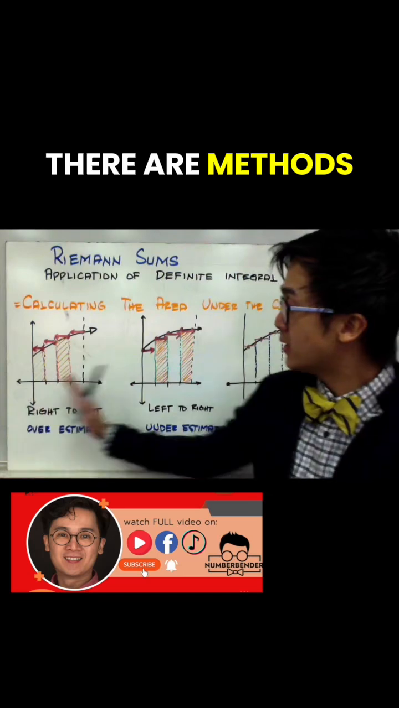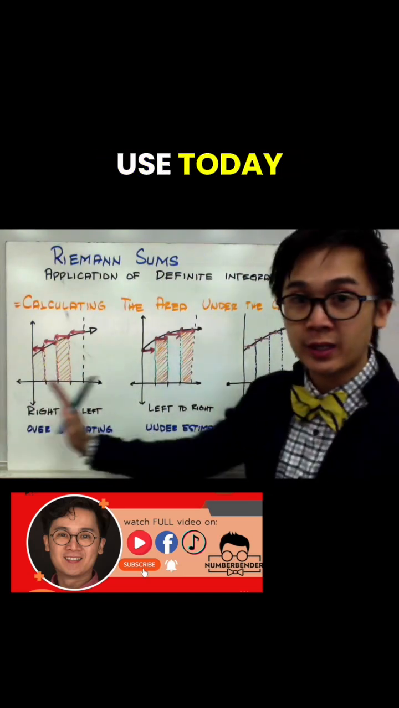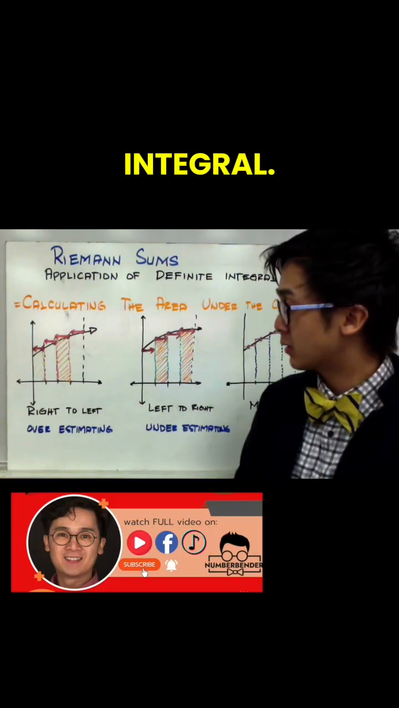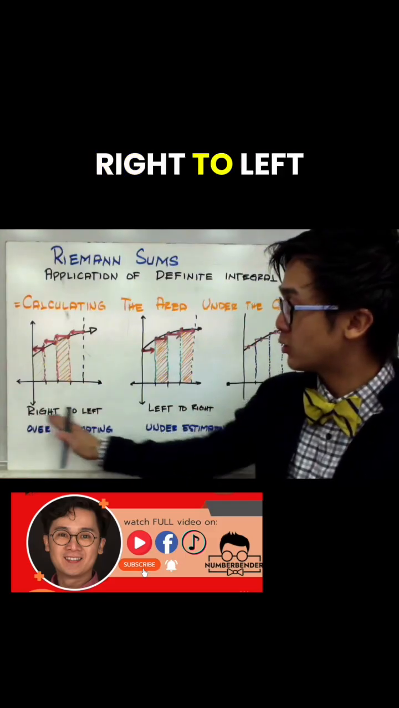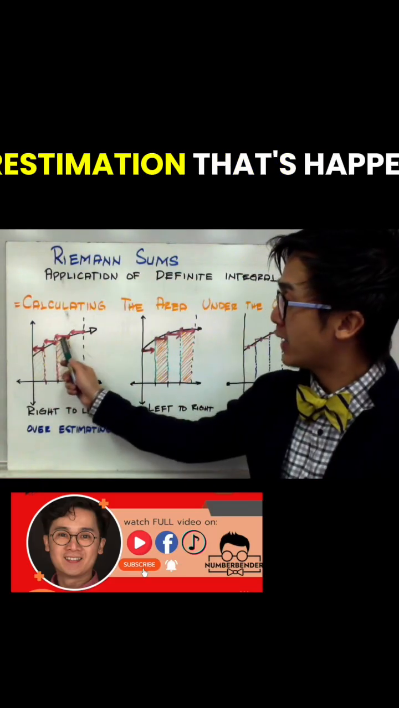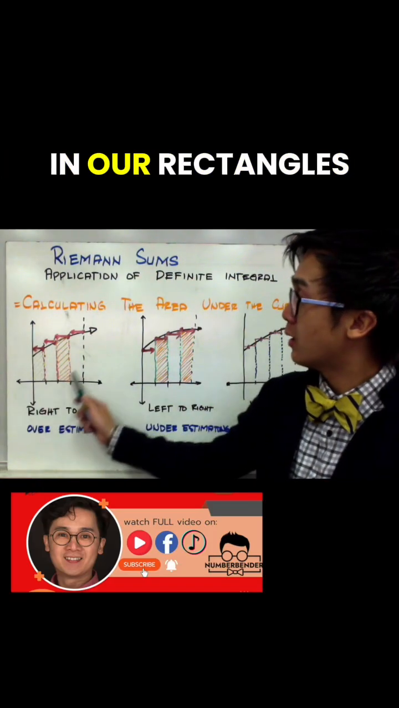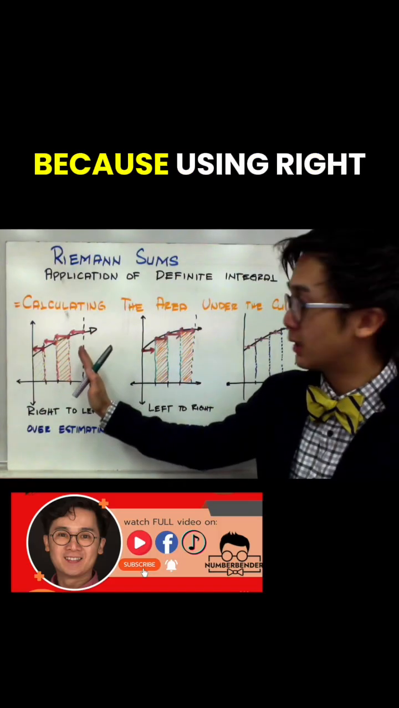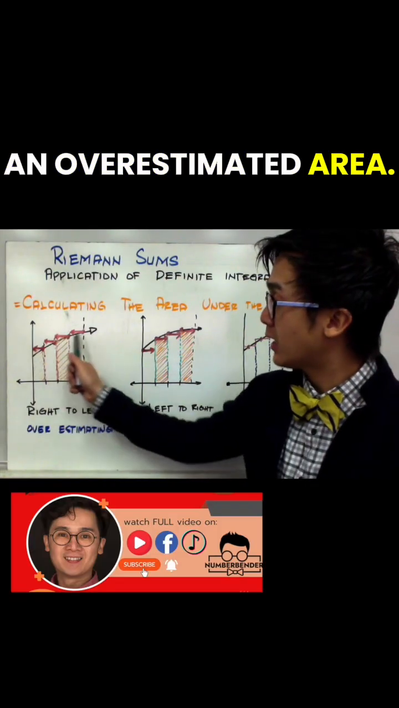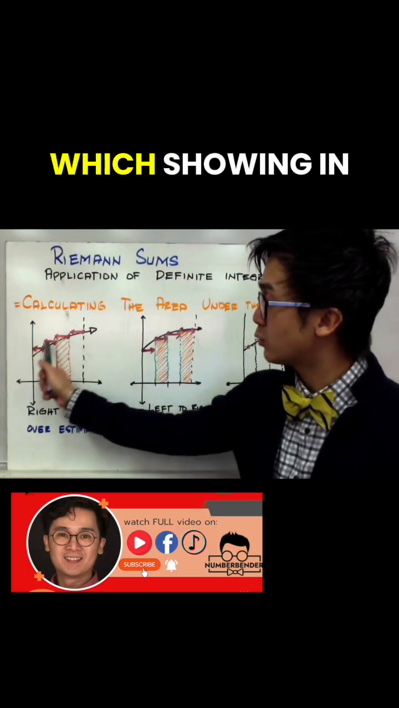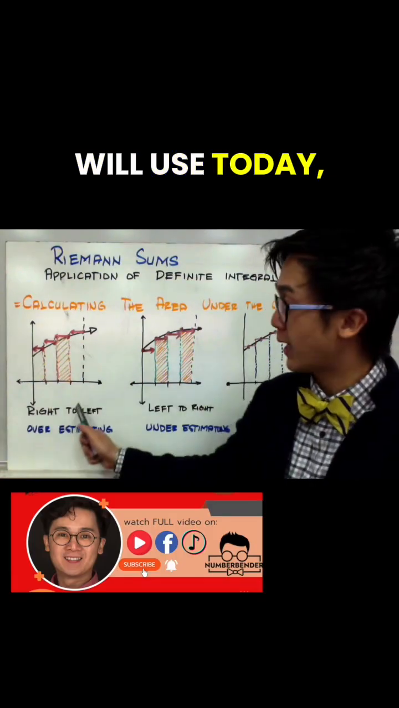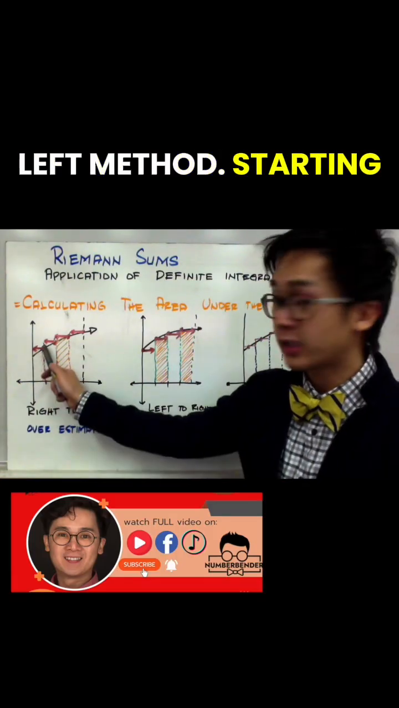There are methods we are going to use today to approximate the area under the curve without using a definite integral. The first method is the right to left method, and you will notice some overestimation happening in our Riemann sums, because the right to left method will give you an overestimated area because of the excess value showing in our rectangles. So this is one of the methods that we will use today, the right to left method, starting from the right,